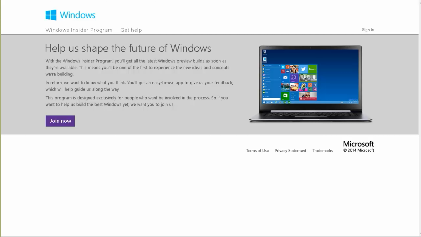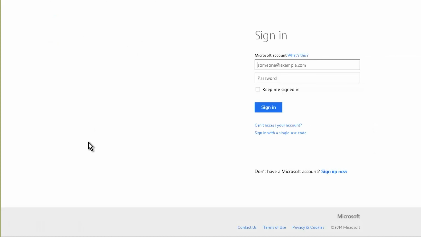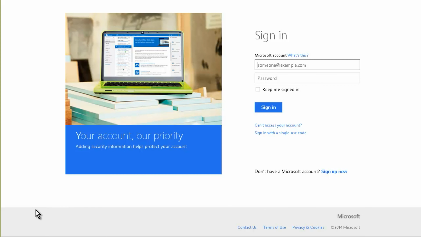Okay, so what we're going to be doing is we're going to download the Windows Technical Preview, and we're going to get that from the Windows Insider program. So just go to insider.windows.com and you'll get to this page here. This is where we're going to get our download. Now you need to join the program if you haven't already, so just click join now here and then just use your existing Microsoft account, or you can set up a new one right here